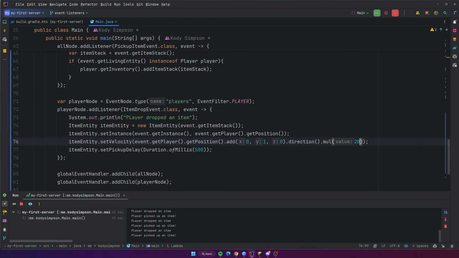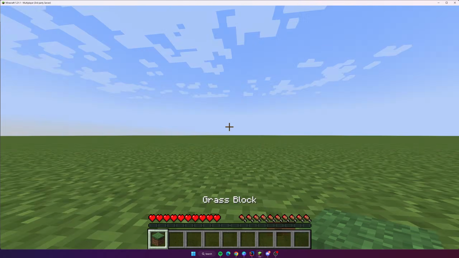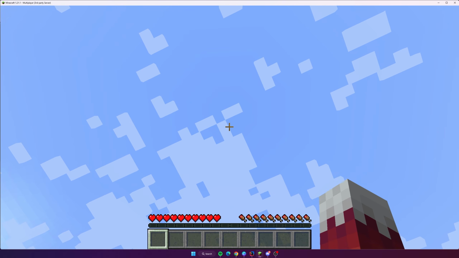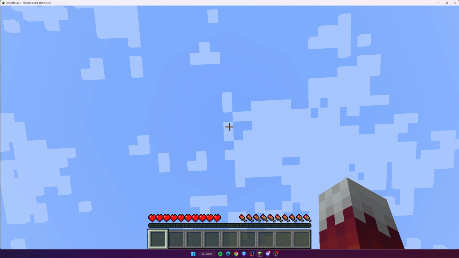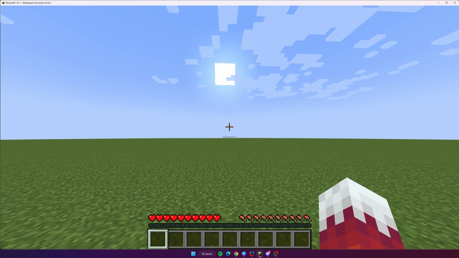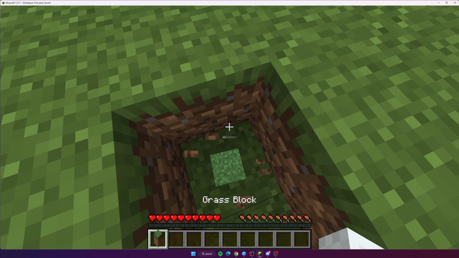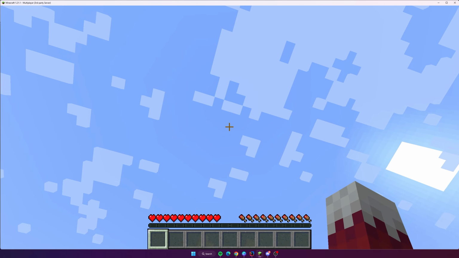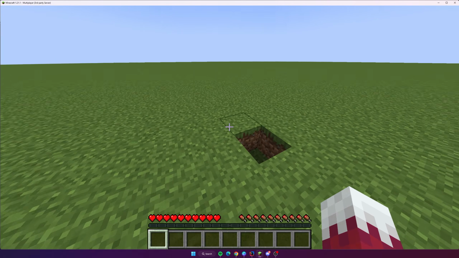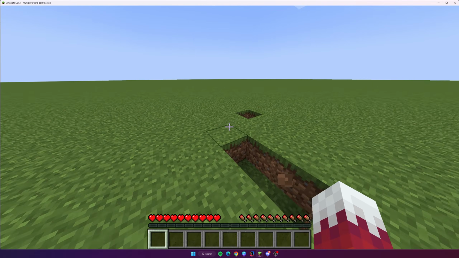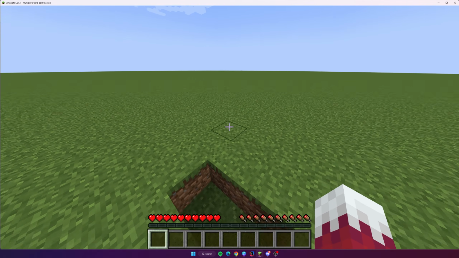So let's make it like really high, like 2,000. I don't even know if it's gonna appear if we do that. Let's try it out. Let's send this item to heaven. How about that? Boom, look at that. Yeah, it never came down. That's crazy. Look at that. It's so fast that it just disappears right away. That's crazy, man. All right, but yeah, that's how you can add custom functionality and implement the drop item event.